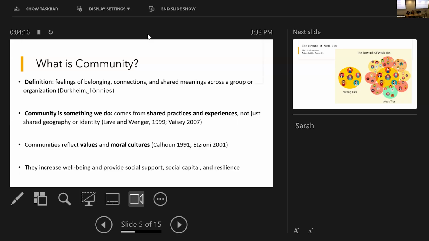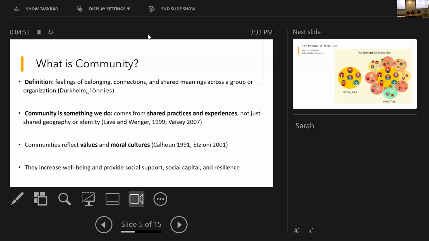And I think this second bullet here is really a key point, right? That community is something that you do. It's something that you have to practice, cultivate, and build. And it doesn't just come naturally as a result of being in the same place, sharing geography or sharing an identity, for example, being here on campus or all identifying as members of the AU community. That's nice and that's an important piece of it, but it's definitely not everything, right? Research shows that in order to really create that community, invest in it, you have to do it. You have to practice it day in and day out.